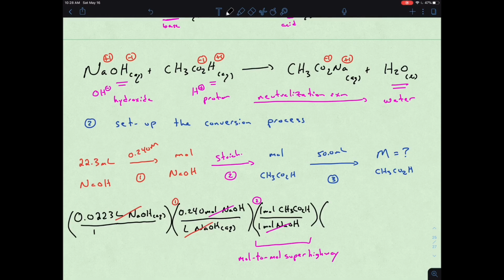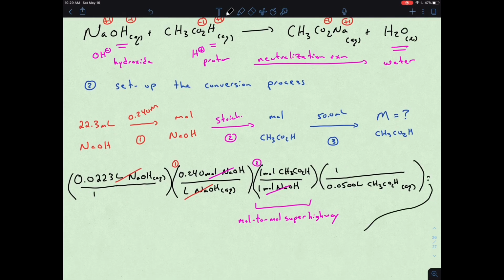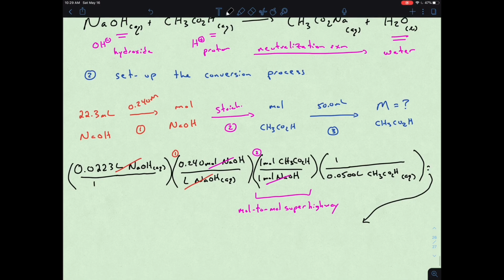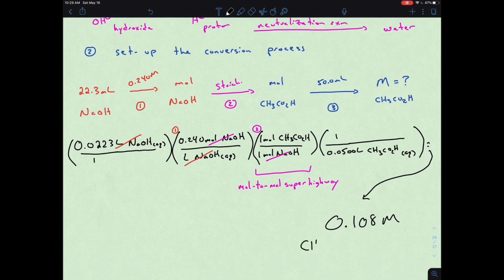We know our mole value of acetic acid, that's in the numerator. So now we just need to divide by the volume of that acetic acid solution. And when we do that whole process, we end up with a concentration of 0.108 molar acetic acid,